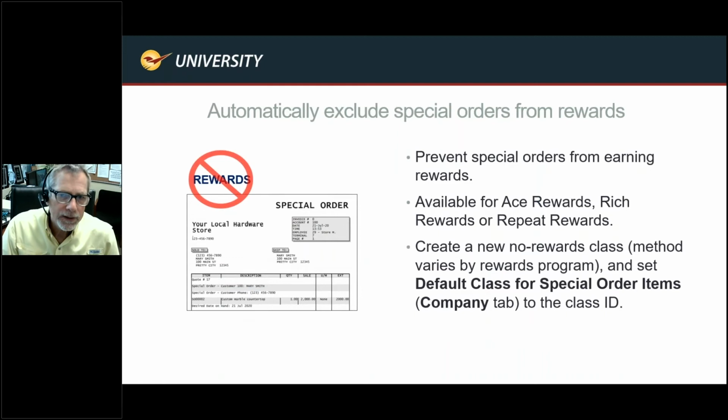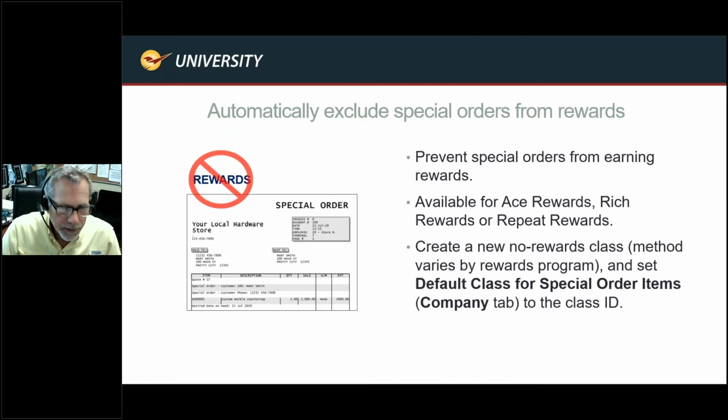Here's one that automatically excludes special orders from rewards. You don't necessarily want to give Ace Rewards credits to people buying special orders, and this will enable that feature. So you can put a default class in for special order items, and that's under the company tab.